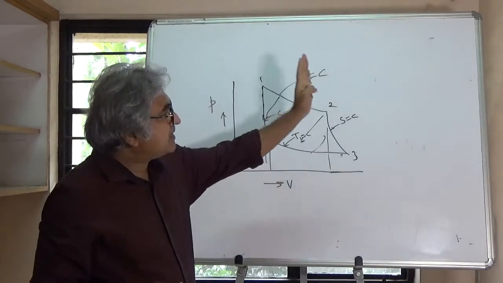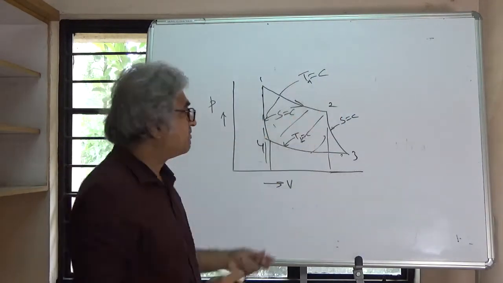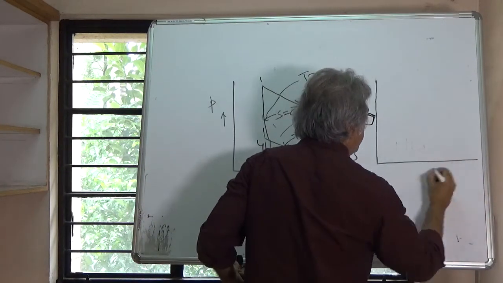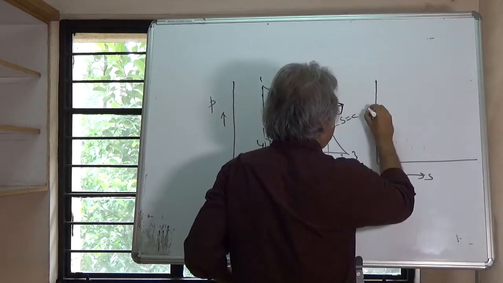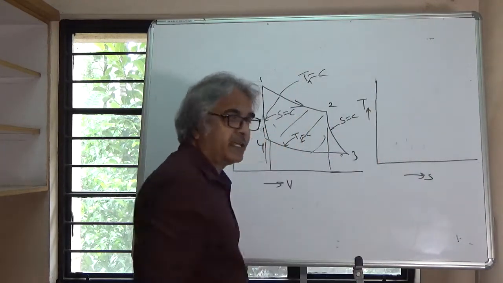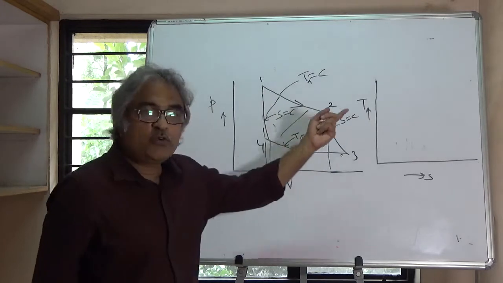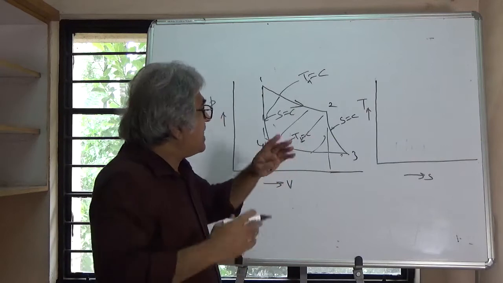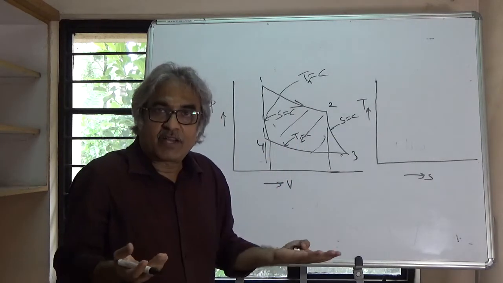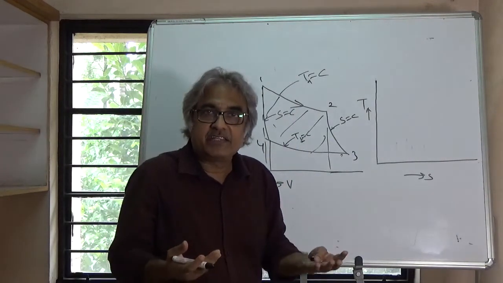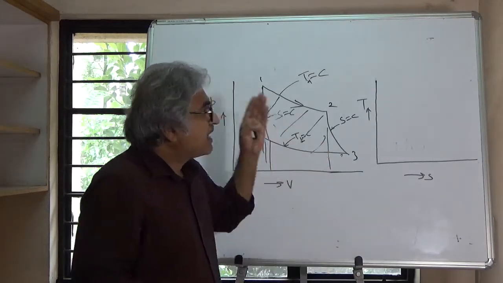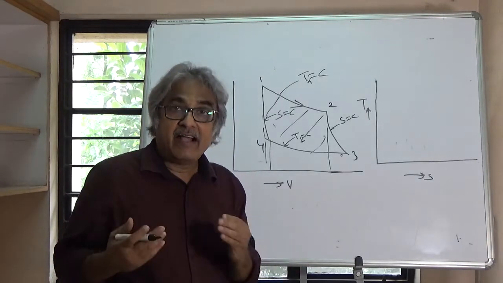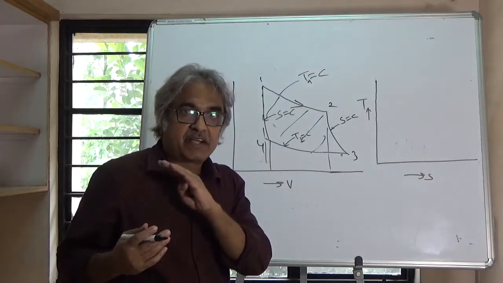Now let's transpose this on a TS plane. Let's draw a TS plane, and represent a Carnot cycle on a TS plane. 1 to 2. Now see what happens. 1 to 2 is a constant temperature process, and heat is added to the working substance, that is, added to the Carnot engine. So when heat is added, you obviously say that entropy will increase, right? But temperature is constant. Remember, temperature is constant.